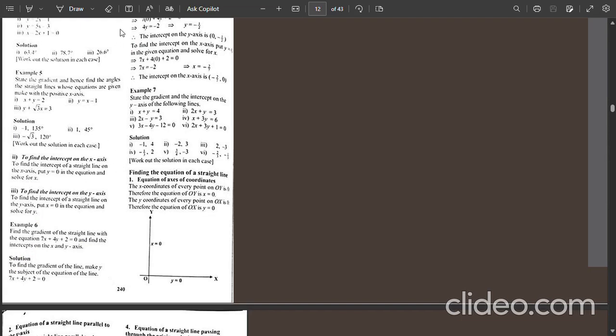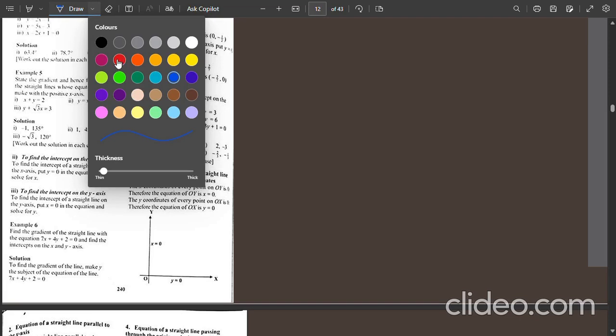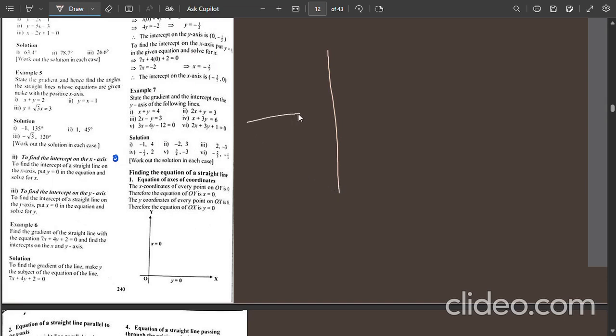Right, so in part II, we'll find the intercept on the x-axis. So when we draw the Cartesian plane, this is my Cartesian plane, right? This is my y-axis, this is my x-axis. If I draw a line this way,